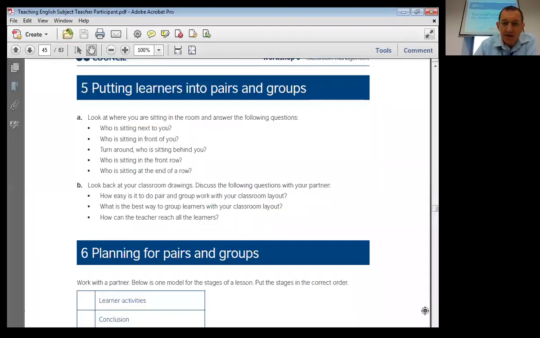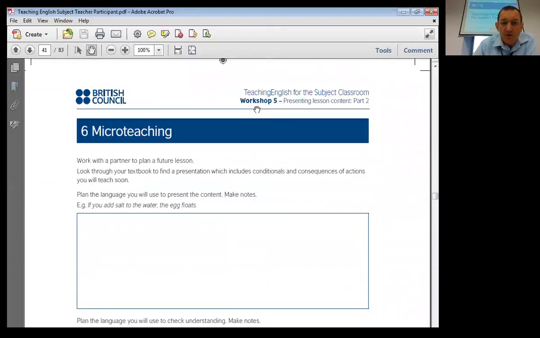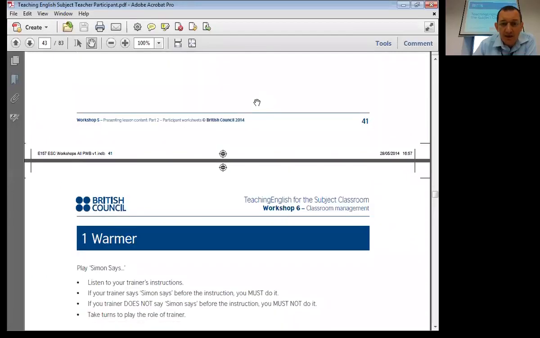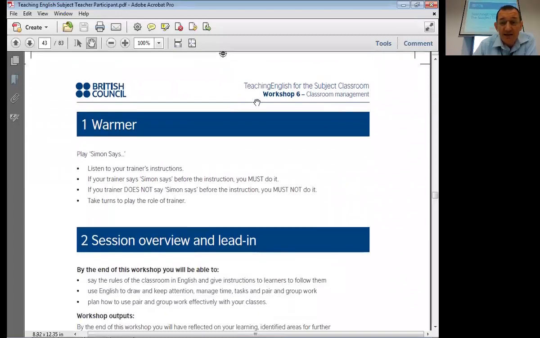In that game, you, the trainer, will shout out an instruction, and the participants should do what you tell them, if you start with the phrase Simon says. If you do not say Simon says, then they should not do it. And if they do, then they are eliminated. So for example, you shout, Simon says, stand up. Everyone stands up. You shout, sit down. Anybody who sits down is eliminated from the game. Continue until one person is left and is the winner.